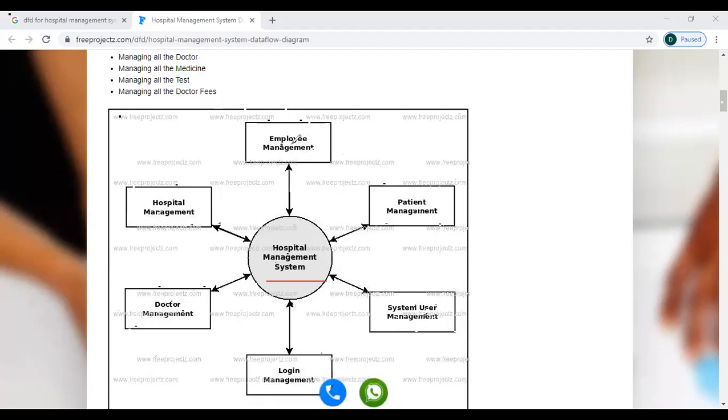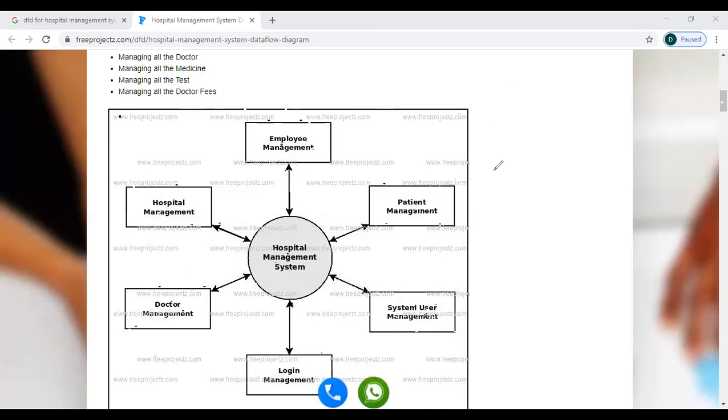So those employee records and patient records, the maintenance records, system user records, login credential details, doctors information, overall hospital information should be available within this hospital management system. This is the level 0 diagram for a hospital management system.